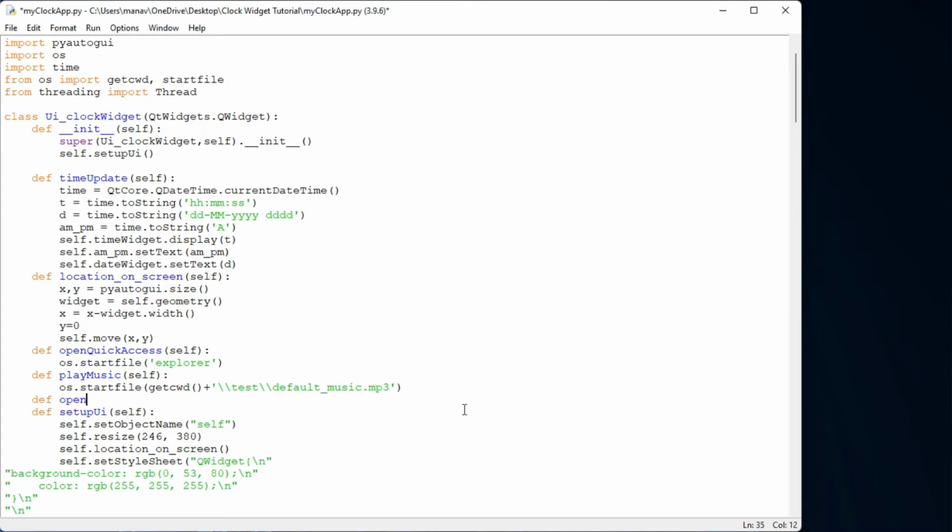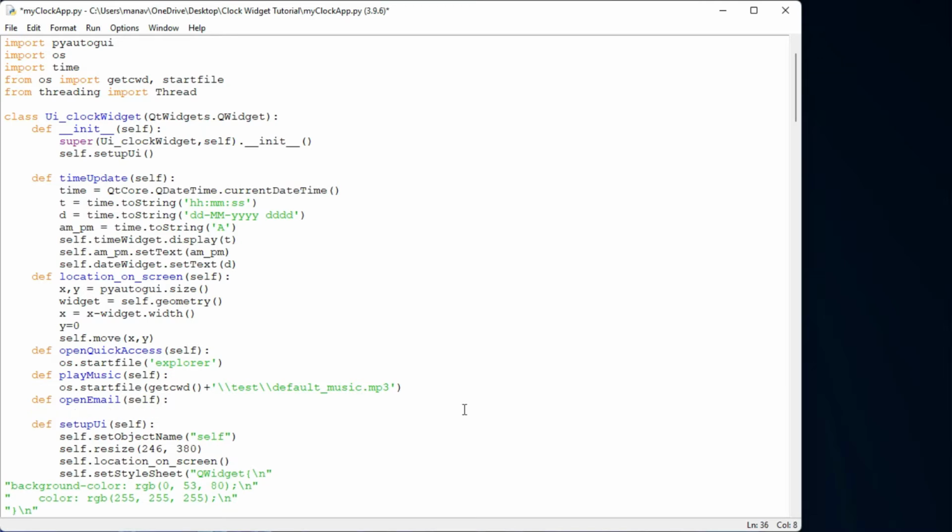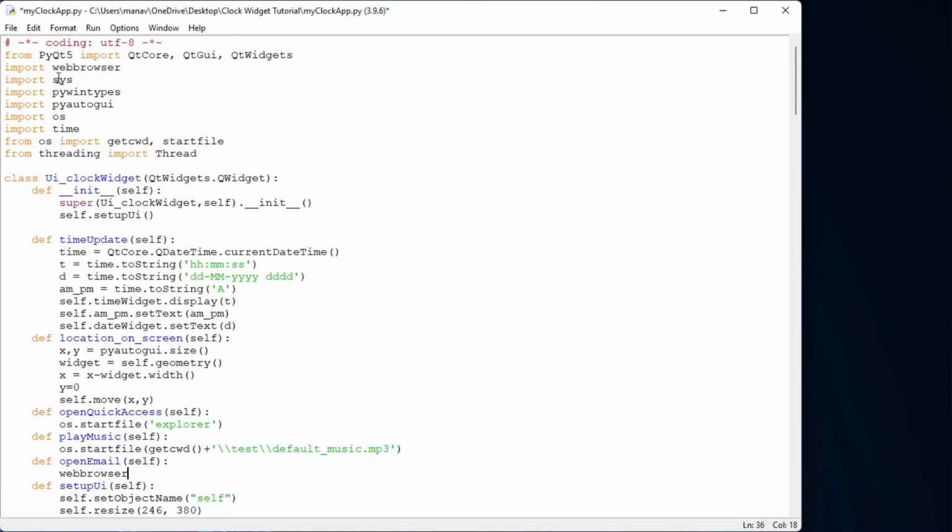For that I'll make an open email method, and under this let me pass self. I'll use web browser for opening the email or internet. For that I'll use the web browser module. We have already imported those, right? Yes, we have already imported those.